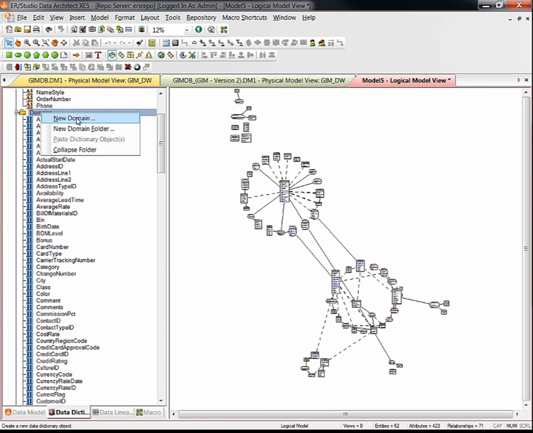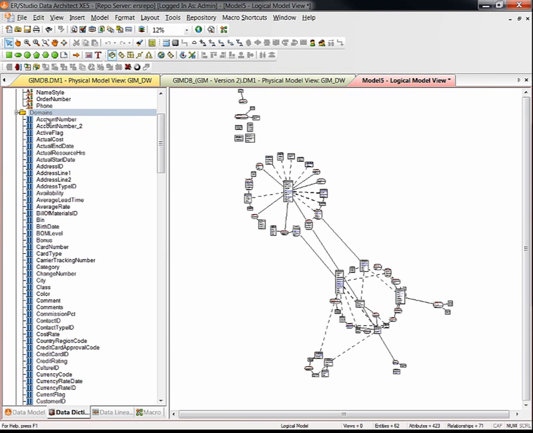So I can right click, I can do new domain folder, and this will allow me to group domains so that they are easier to find. You know, how they're all related. Maybe you want to group them in a folder so you know that all these domains are part of a specific type of entity or type of table, that sort of thing. You can also do